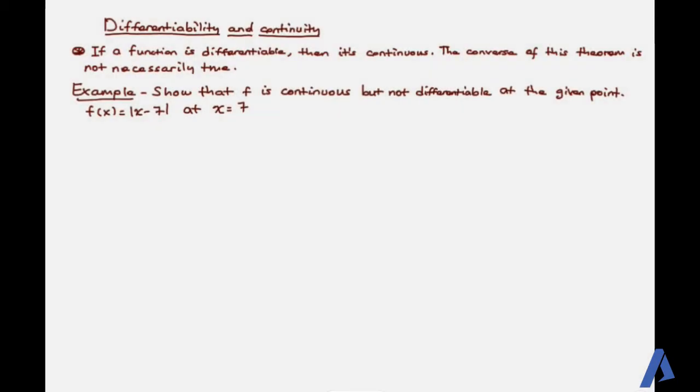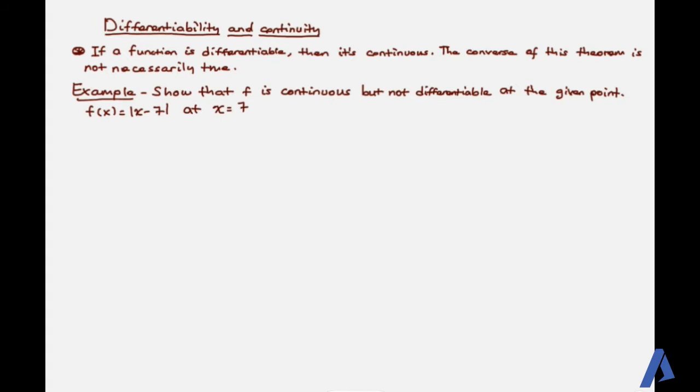ከዛ በመቀጠል we were going to see the relationship between differentiability and continuity. እዚህ ዋና አንድ በጣም ኢምፖርታንት የሆነ ፕሮፐርቲ አለ። ምንድነው እሱ? if a function is differentiable then it's continuous. The converse of this theorem is not necessarily true. ማለትም if a function is continuous it's differentiable የሚለው ስቴትመንት true ሊሆንም ላይሆንም ይችላል። true የሚሆንበት ኬዝ አለ፣ የማይሆንበትም ኬዝ አለ ማለት ነው።